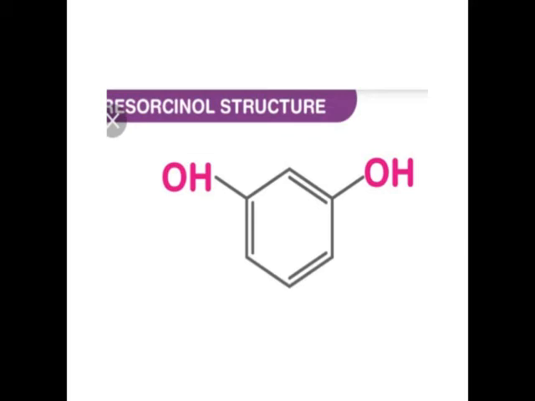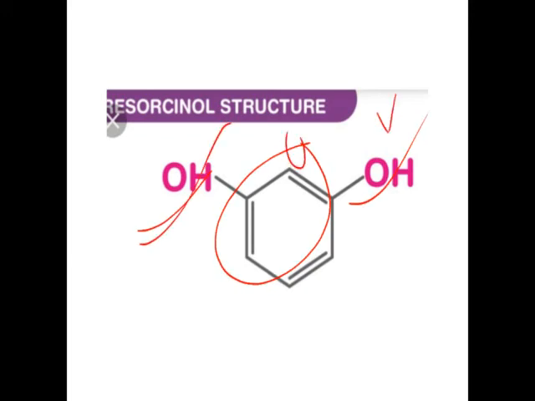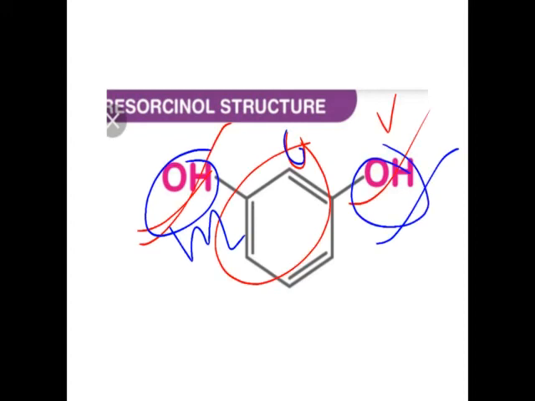If a benzene ring consists of two hydroxy groups which are meta position to each other, such a compound is called a resorcinol. So if you consider this hydroxy group of the phenol, this is ortho, this is meta. Again, these hydroxy groups are electron donating groups.